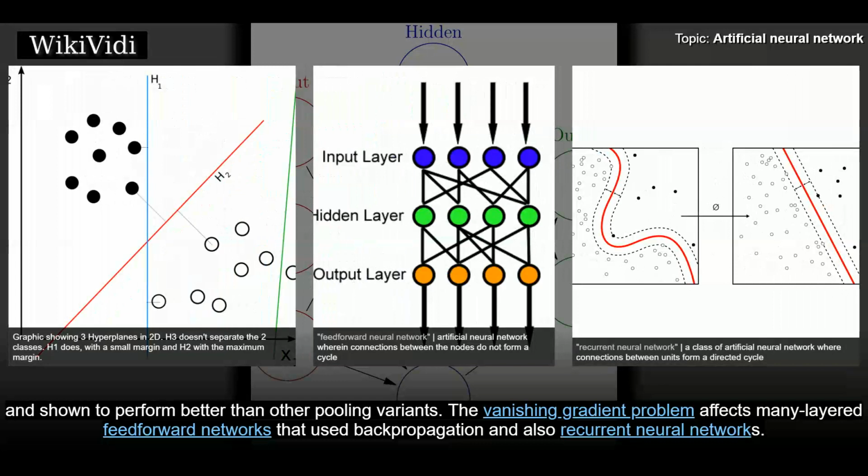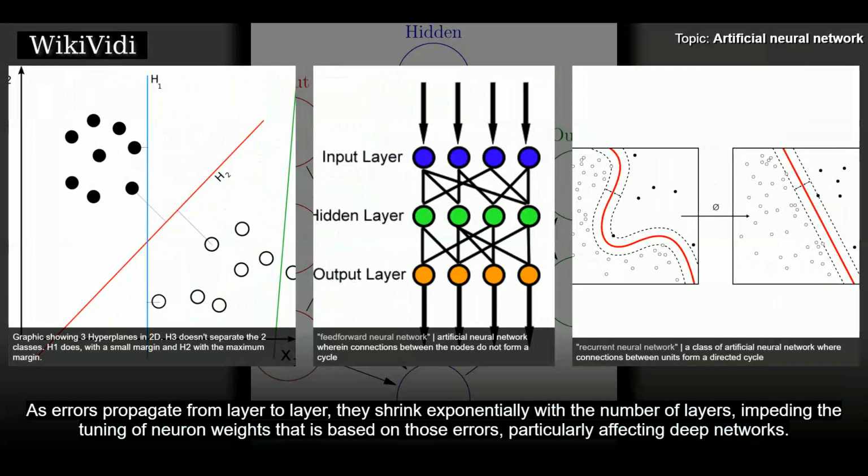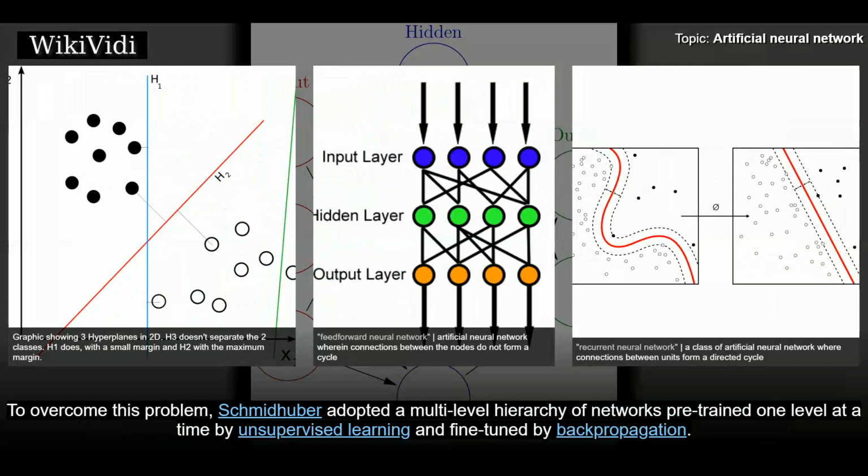The vanishing gradient problem affects many layered feed-forward networks that used backpropagation and also recurrent neural networks. As errors propagate from layer to layer, they shrink exponentially with the number of layers, impeding the tuning of neuron weights that is based on those errors, particularly affecting deep networks. To overcome this problem, Schmidhuber adopted a multi-level hierarchy of networks pre-trained one level at a time by unsupervised learning